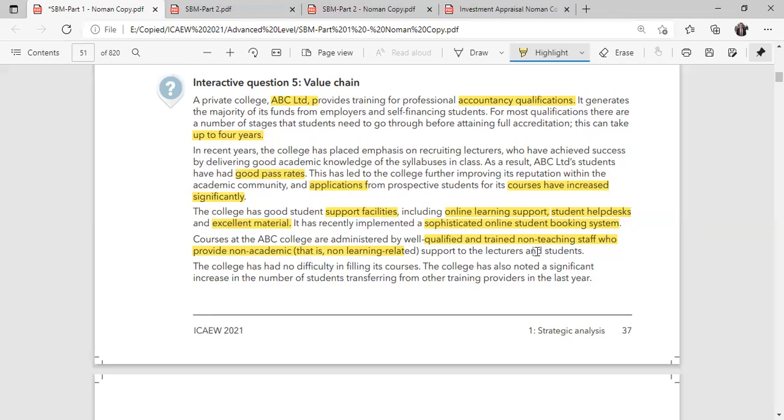And lastly, that is services, or you can say after-sale services. So in after-sale services, it means how much support and what kind of support you are getting from this college, from this institution, basically. And what about your development? What about your other programs, basically? So that's a brief overview of our primary activities.